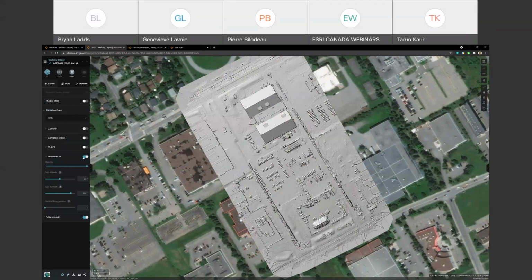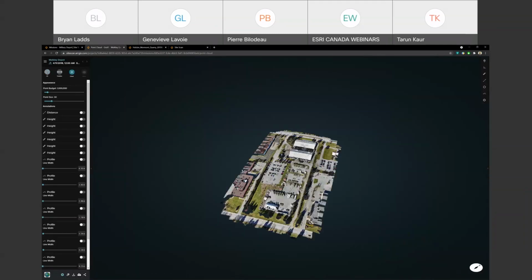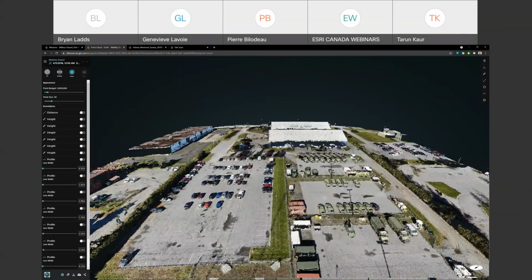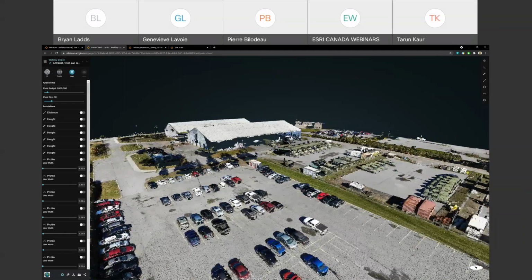Turn that one off. And the last thing that it's just going to give you out of the box is this point cloud. So let's go look at that very quickly. So here we are. This point cloud, you can see it's actually pretty good. It's going to be in the RGB color spectrum, which is the easiest to understand for your eye. You can see though, I'm missing, for example, the sides of the building and stuff. And that's just purely because the imagery was captured